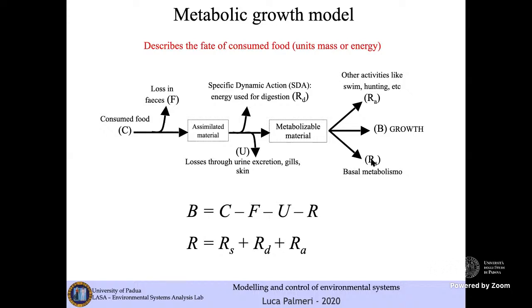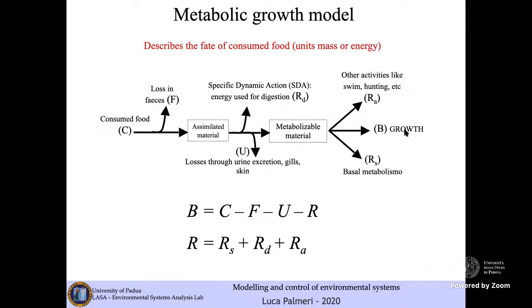So it is the quantity of energy that is needed for maintaining the living machinery running. So this is basal metabolism. And what remains after all this is anabolism, or the growth. So the quantity of the consumed food, after all these conversion or consumption processes, is left for